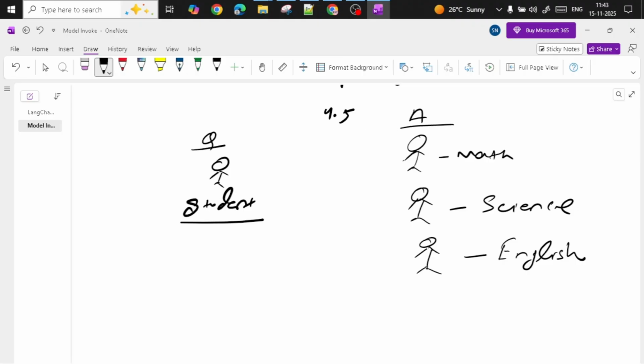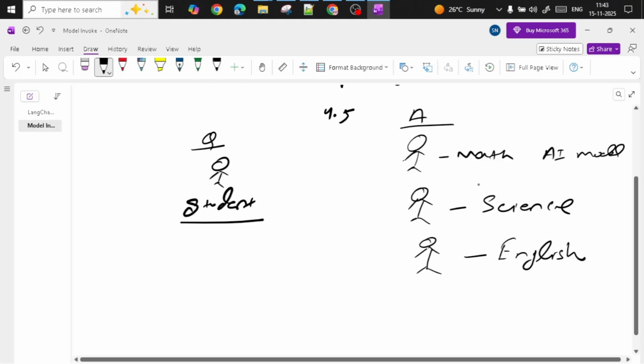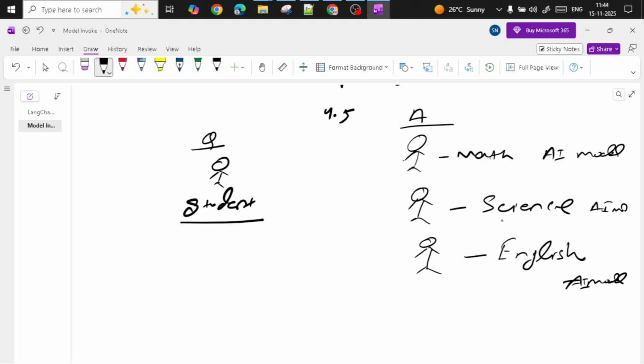But just imagine what we are doing here. We are a person, like a student, and we are asking a math AI model, a science AI model, an English AI model. Now you are thinking these are all models, so why are we saying math AI model, science AI model, English AI model? How can we differentiate between these models? So there is the thing called system prompt,